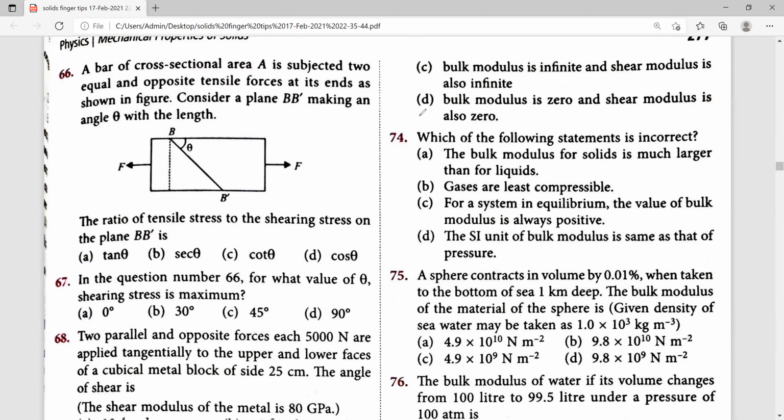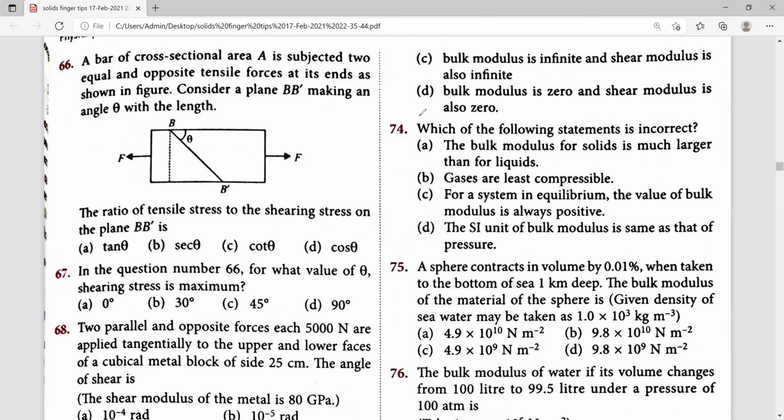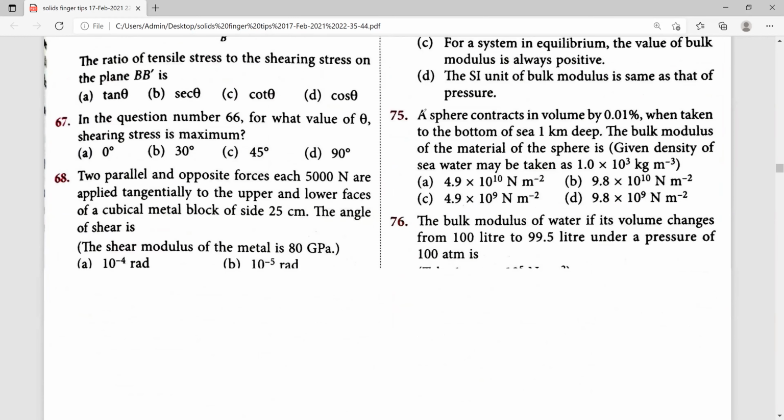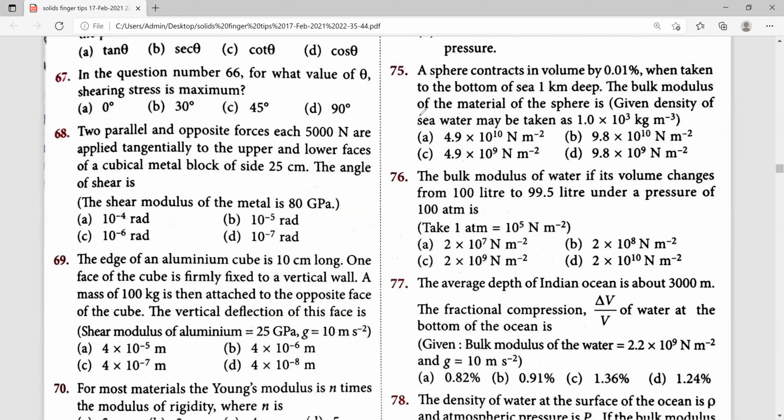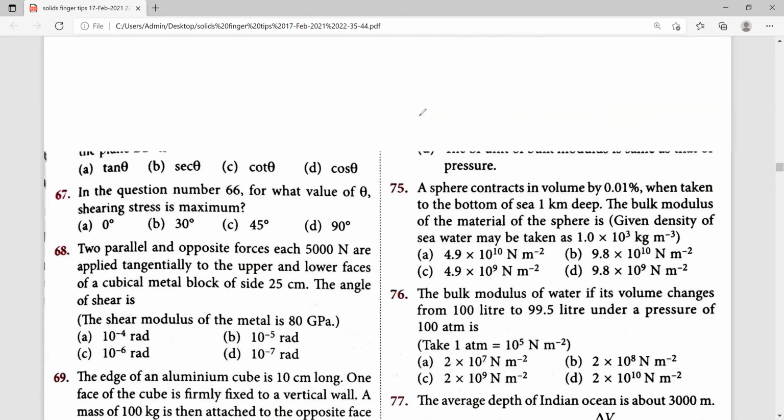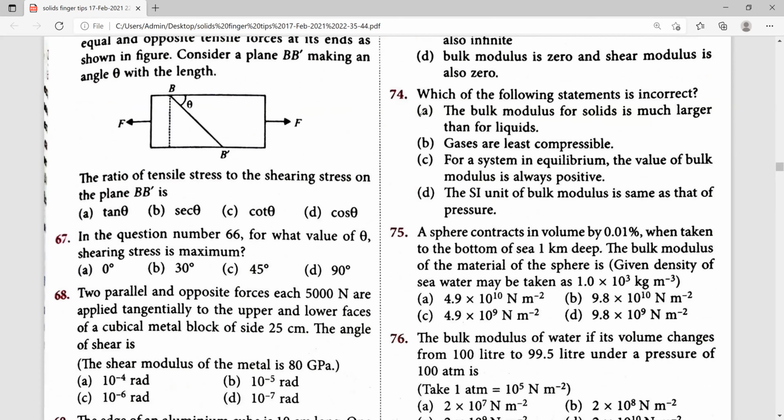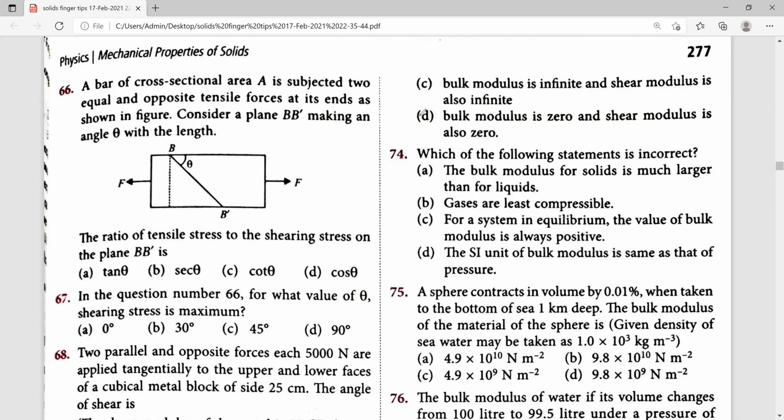Sixth one, you try yourself. Suppose if you are not getting it, definitely we shall solve it in the next class. For the 67th one, they took the help of the 66th question itself. So after solving that only, it is possible to get the 67th one. So both are connected with each other. Therefore, you try the 66th one. Suppose if you are not getting the 66th one, definitely we'll solve both the 66th and 67th one.